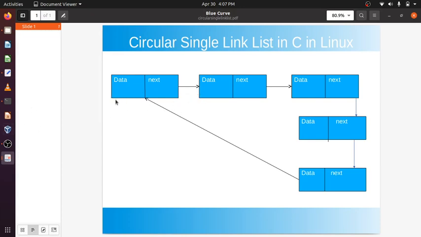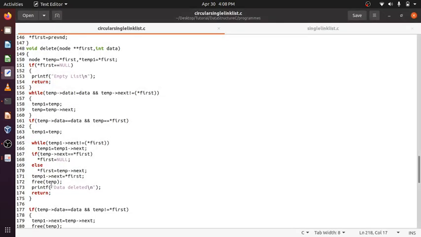Temp will be pointing here. I have traversed the whole thing and reached here. This will be pointed by temp1. First I reassign first to temp next here. After that, temp1 next is first. I traverse the whole thing.